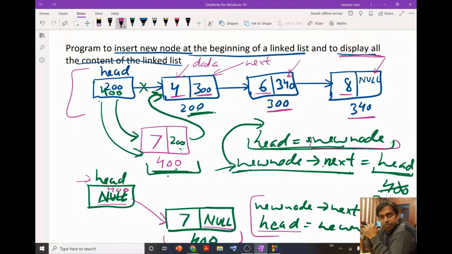So if I want to display these things, what will be my procedure? First I will start with head. From head I get this value 400.